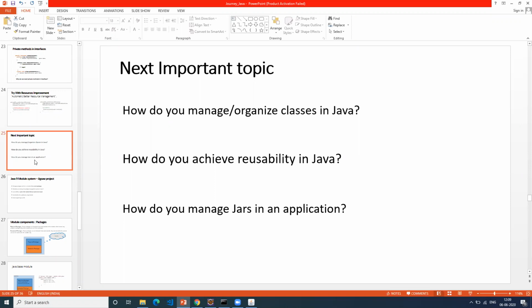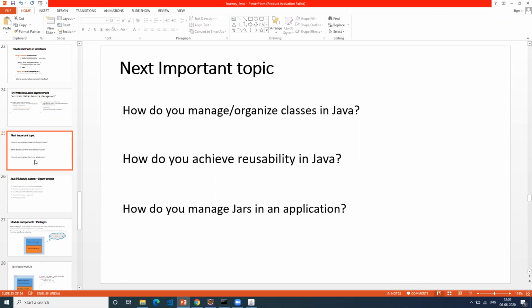Next question. How do you achieve reusability in Java? Inheritance, and then what else? Polymorphism is also a way of reusing your code.